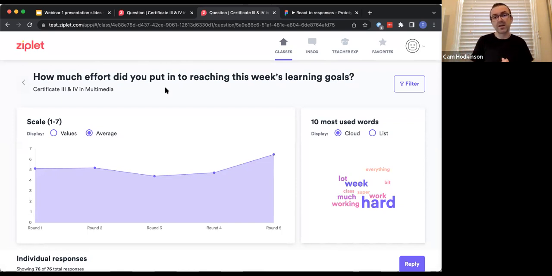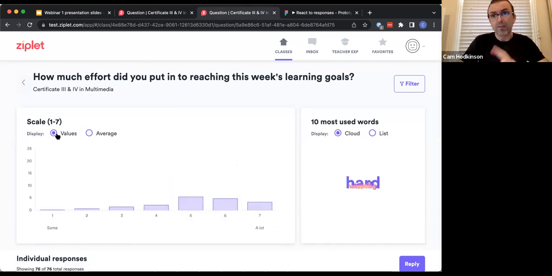And maybe this is some anecdotal trends for now, but it at least gives me a starting point as an educator to explore. So thinking about how supported do you feel? We did notice a trend up across the quarter. This one, how much effort? We had students dipping a little bit, and then maybe as we started to support them, run additional workshops or provide materials, the effort has increased as well. And that might be something that we look at changing in future classes, where we provide some additional supports for students.